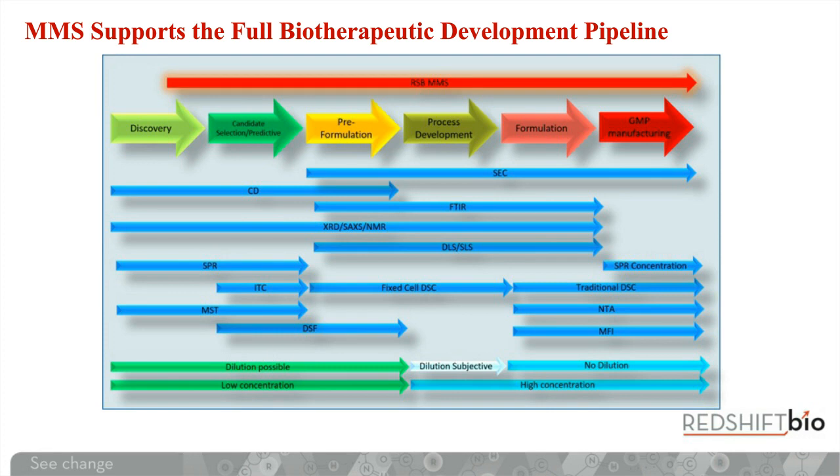Normally, we do have techniques that fit one or another of these stages, but we would normally have to infer data between these different techniques. And of course, as I described a few minutes before, a number of these different techniques have their own caveats, and so this can really complicate these types of comparisons. MMS here will give you a direct comparison using the same data and the same outputs between very, very different samples.